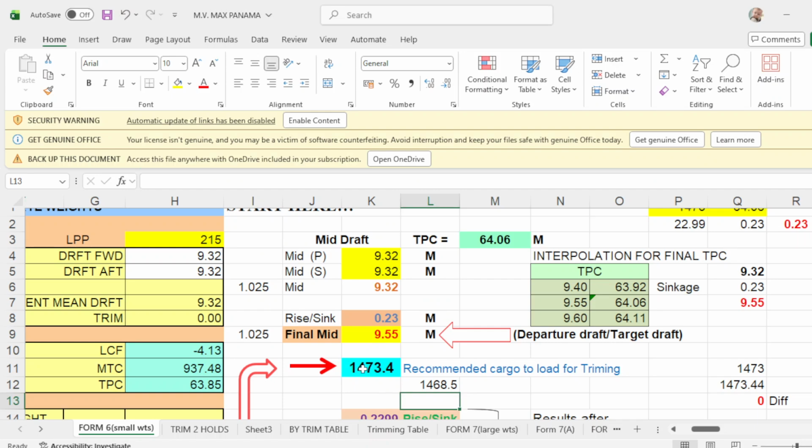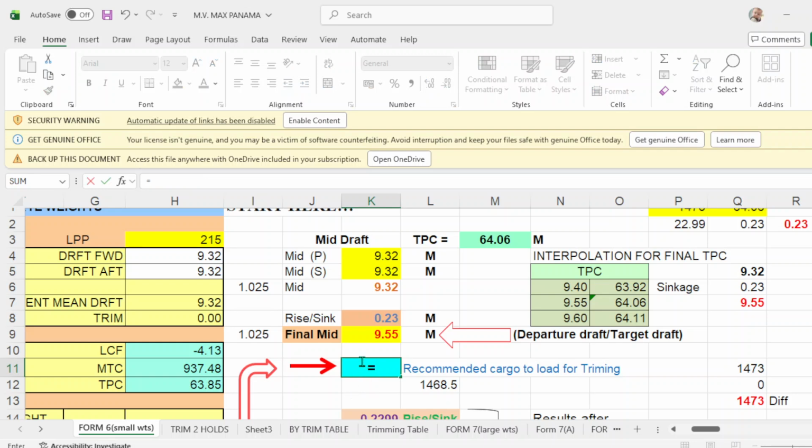Now, take out this one, delete, and put equals sinkage, which is K8, multiplied by TPC. The TPC I use, guys, is this one, 64.06.